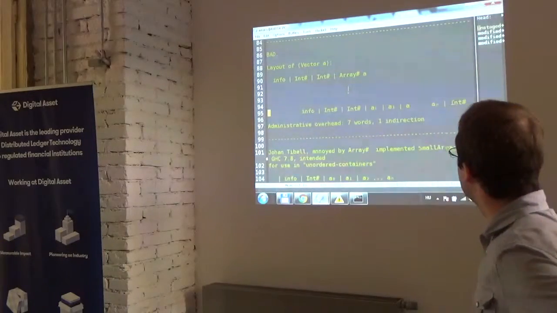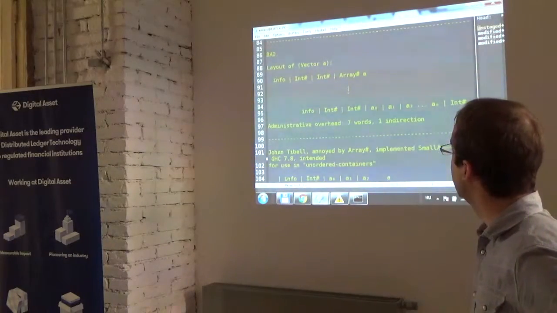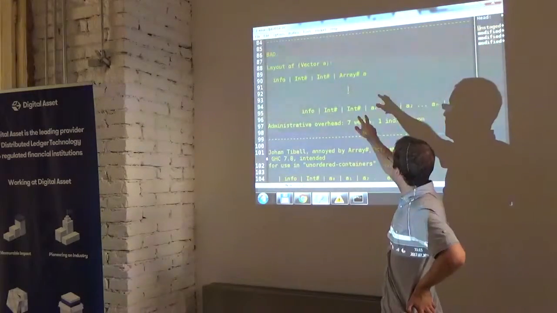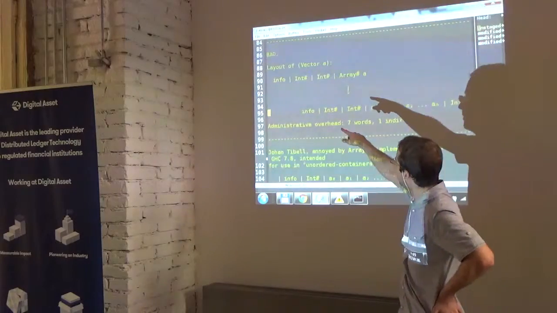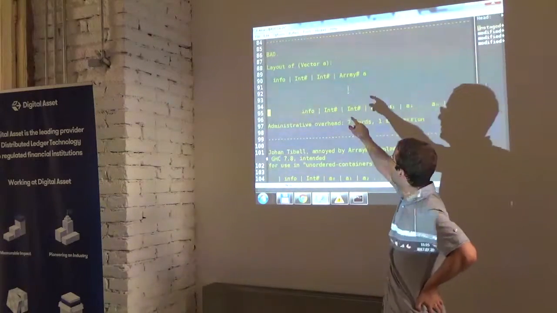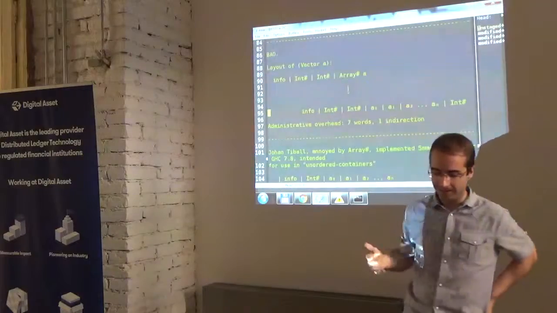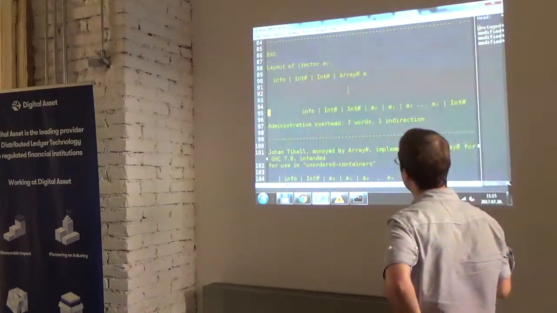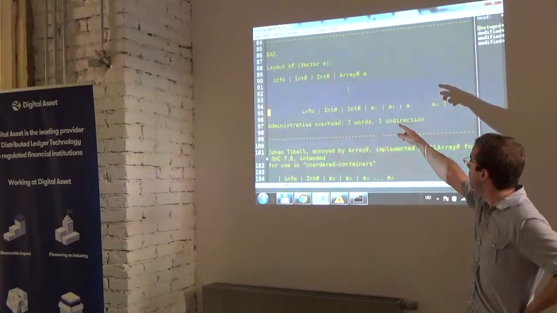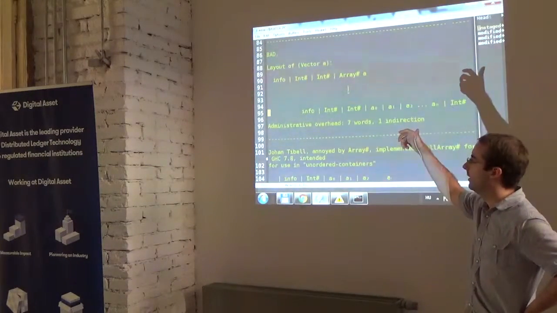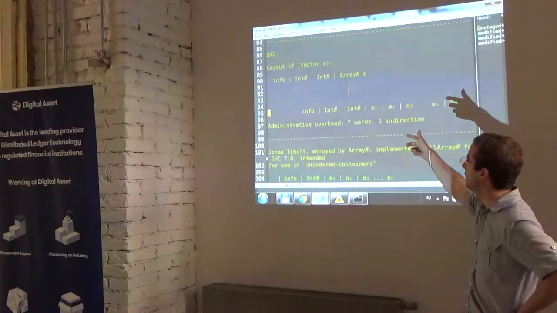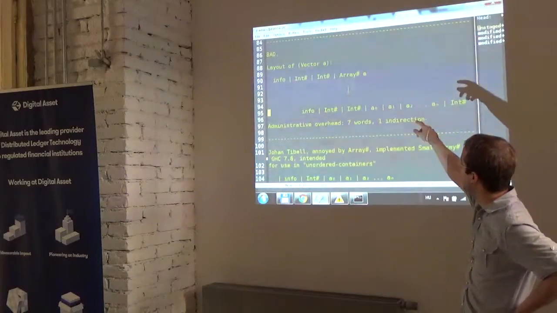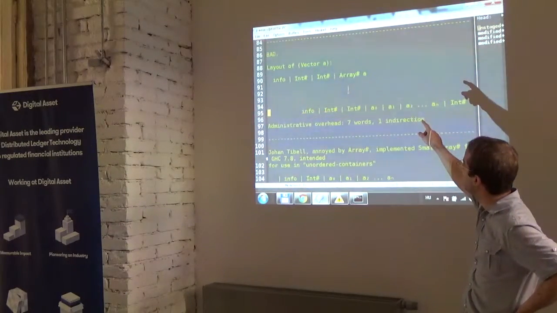the way a vector from the vector library is laid out is we have a vector object which starts with an info pointer, and then we have two integers. Because a vector is not an array, it is a slice pointing to an array. The first primitive integer is where the slice starts, and the next one is the size of the slice. And after that you have a pointer to a primitive GHC array,